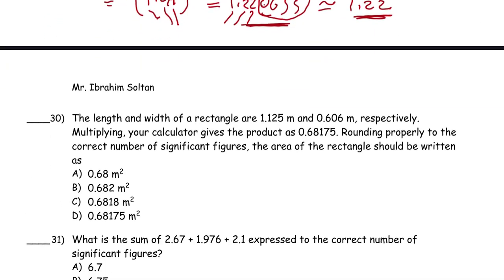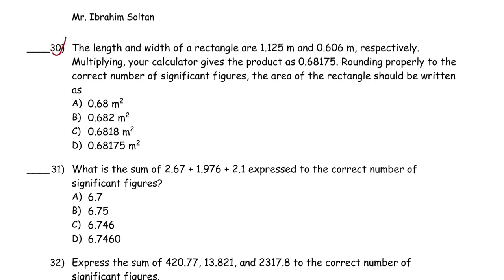Okay, let's move to number 30. The length and width of a rectangle are 1.125 meter and 0.606 meter respectively. Multiplying on your calculator gives the product 0.68175. Rounding properly to the correct number of significant figures, the area of the rectangle should be written as